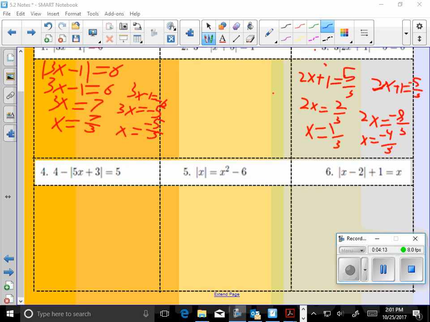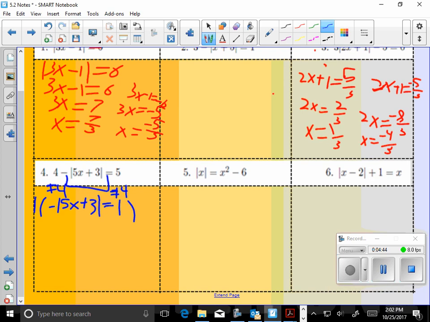All right, peeps, Ella here. Let's try this out. So we start with this equation. Now, in order to solve for absolute value, you must first get the absolute value alone by itself. So let's begin by adding 4 to each side. Sorry, subtract 4, excuse me. We're left with 1 over here, and then we multiply the entire thing by negative 1 because we want the absolute value to be positive, and we're left with the absolute value of 5x plus 3 is equal to